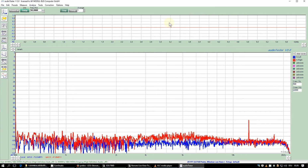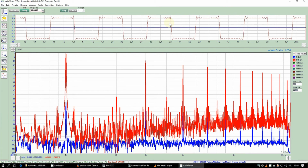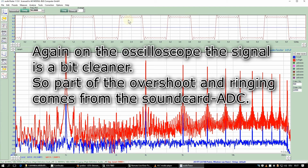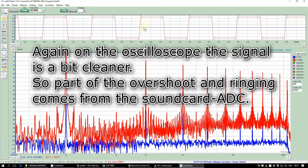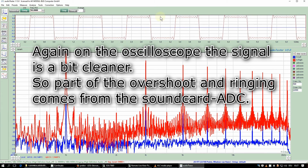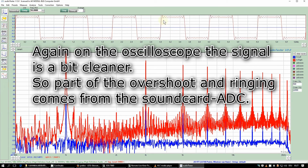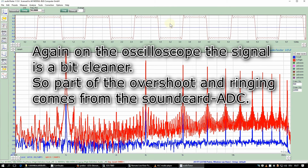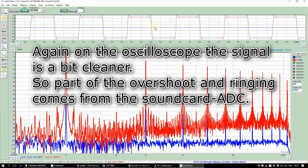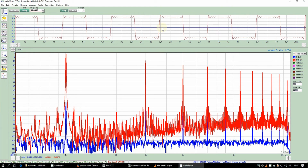Let's see, we still have the square wave. Let's see how clean this is. Well, also with a little bit of ringing. This could in principle also be from the ADC input of the sound card that I use, but I don't think so. So this is probably a good representation of the real square signal that is output, but good enough